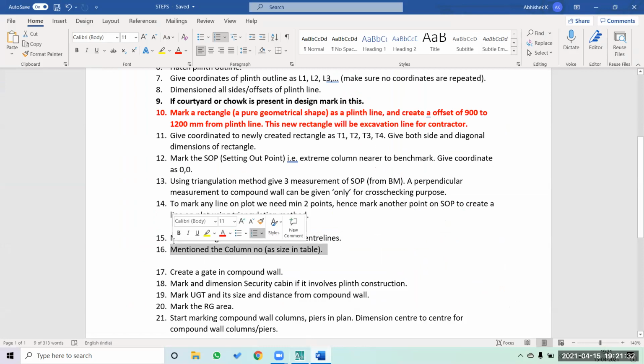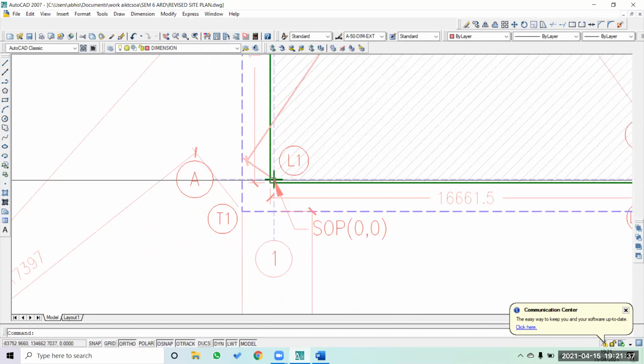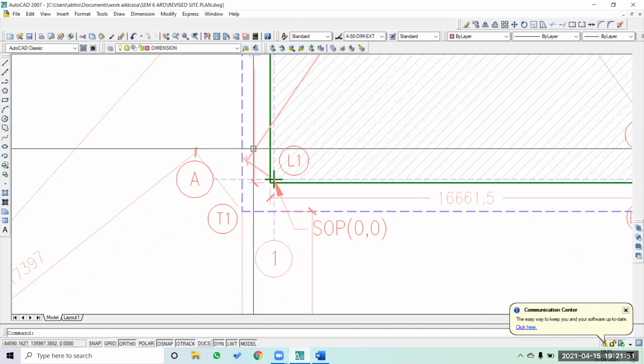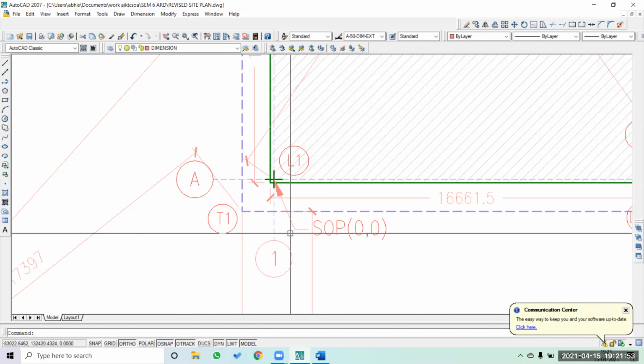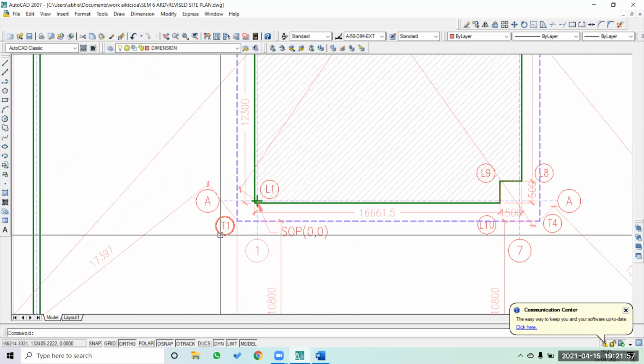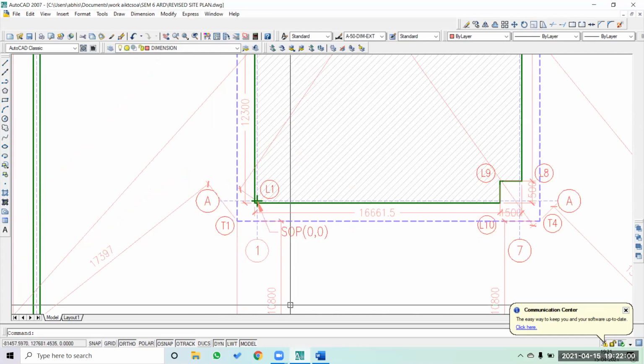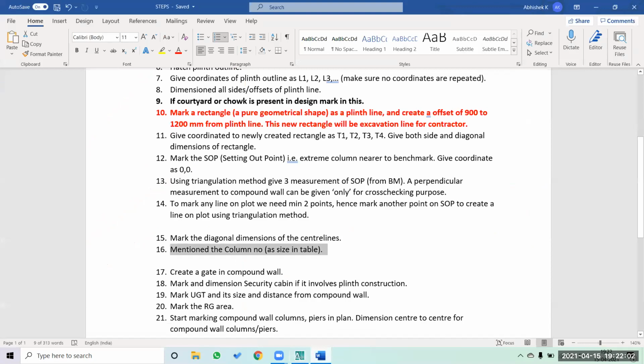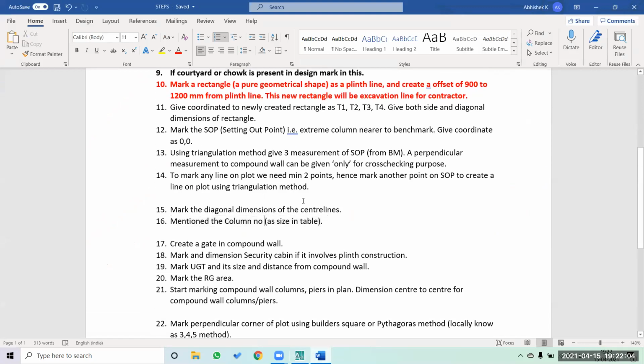Mention the column number as a size in a table. For the column which will happen here, you have to issue a drawing of a center line along with this. We have already discussed in the previous discussion which drawings will be issued with this. Make sure that the intersected column at A1 is also given in pretty much detail in your detailed center line layout.